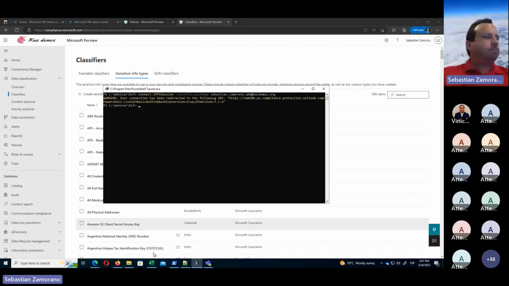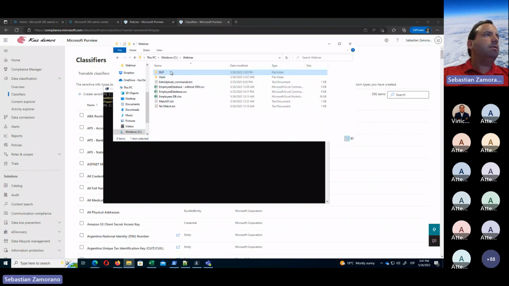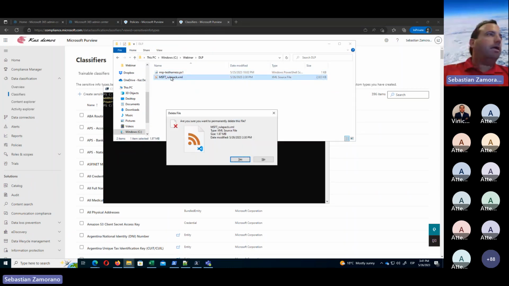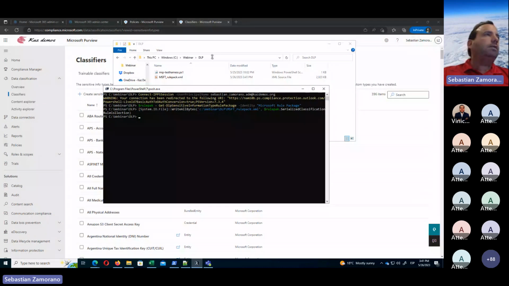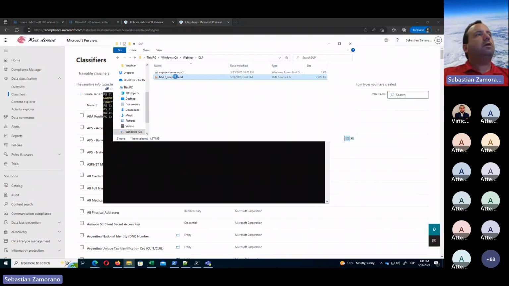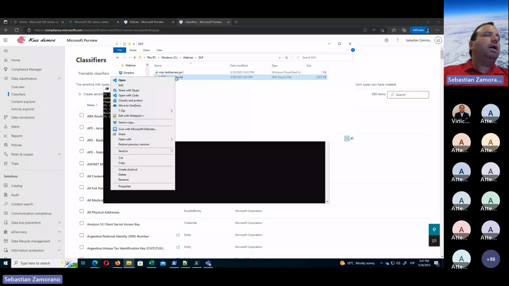Then I will remove this from here. I was making a backup just now. But if I want to obtain the Microsoft rule pack, the one that all the people ask about, I will execute this command. And after that, over here, I am sending all the information to this file. And now if I come in here and I open it,